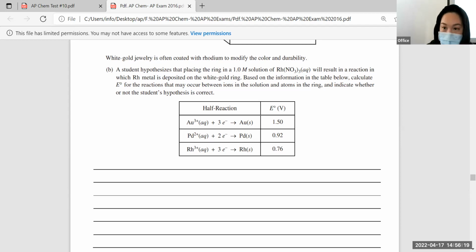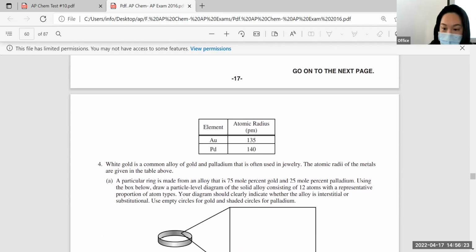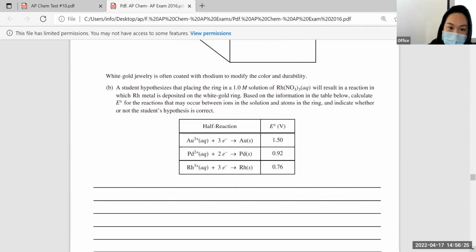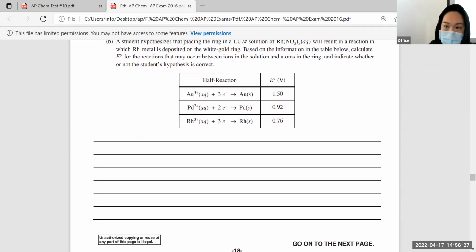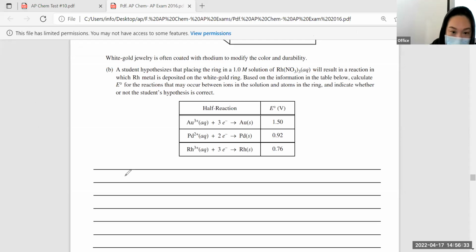Okay, so their theory. Rh, right? So we want the reaction to be Rh3+ goes to Rh solid, right? And that includes 3 electrons